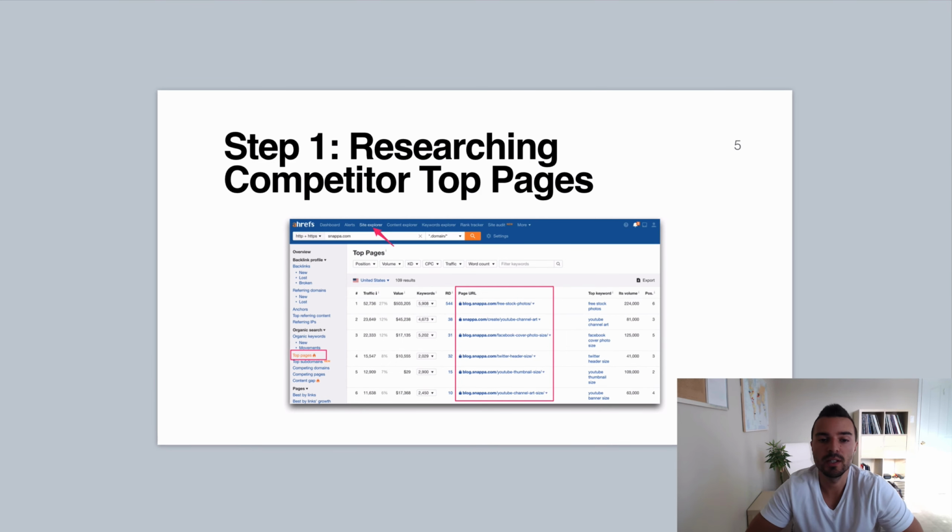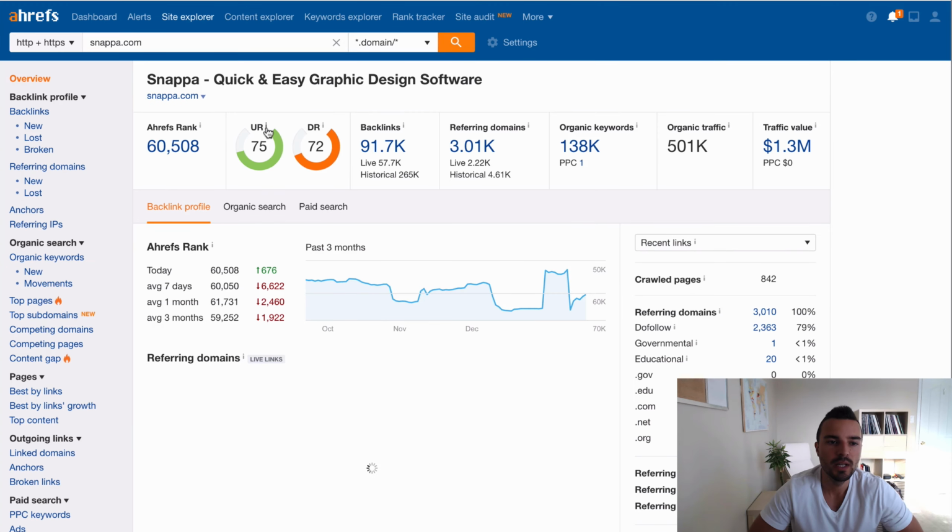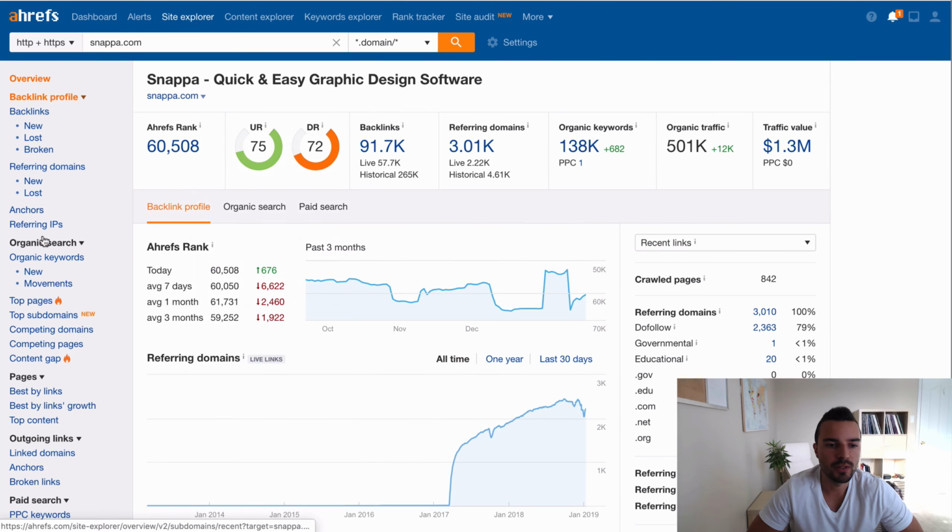The first step is to research your competitor top pages. So I'm going to tab over to Ahrefs. This is the SEO software that we use. There's also SEMrush, and there's a couple other ones. First you want to head to the Site Explorer, which is the tab that I'm in right now. As an example, I'm going to type snappa.com, which is our website. On the left-hand side, you'll see there's a top pages report. So once you click top pages,